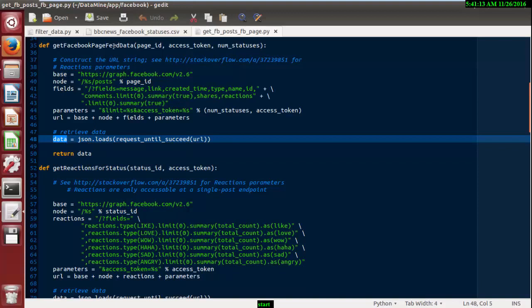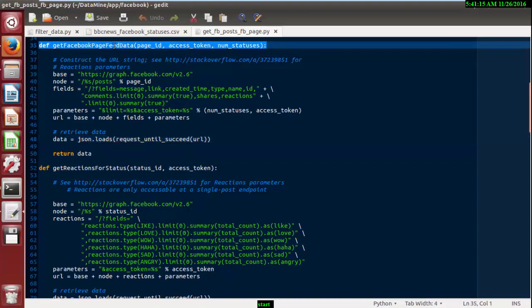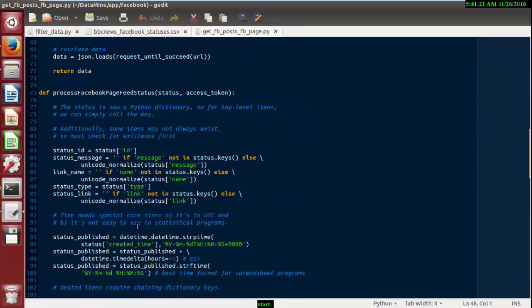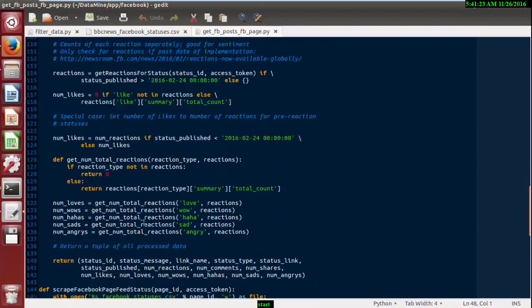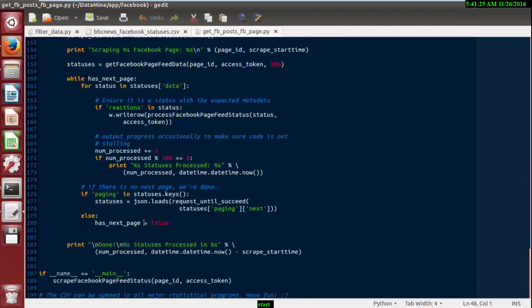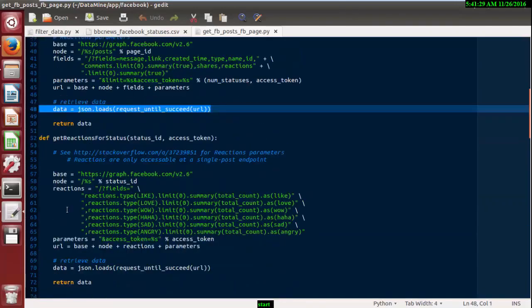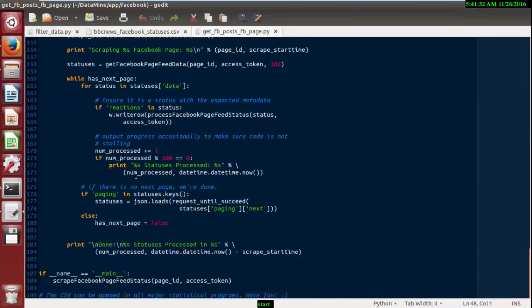This function returns the retrieved data. There are a lot of technical issues available in this script, but you will find solutions on the internet, so don't worry about it.